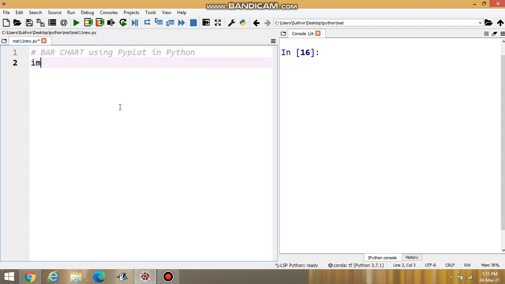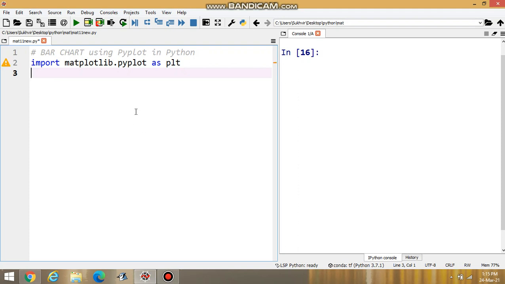First of all, we have to import the necessary files: matplotlib.pyplot as plt. This is the basic requirement.